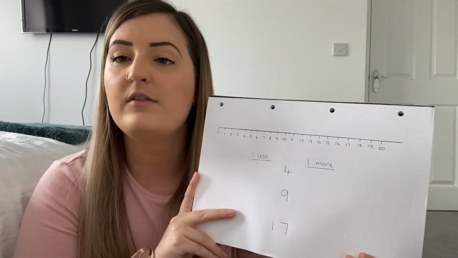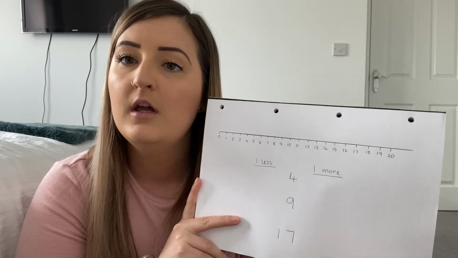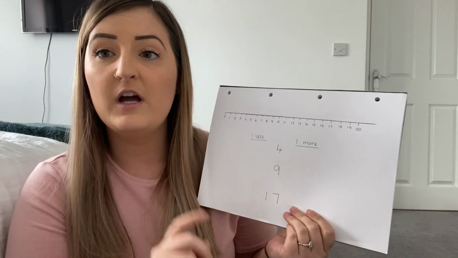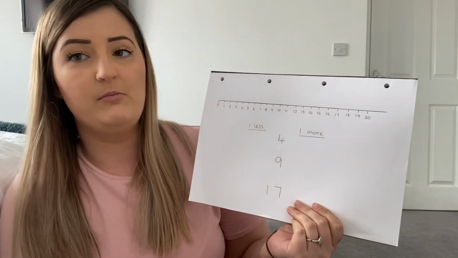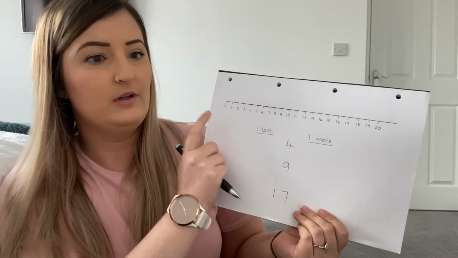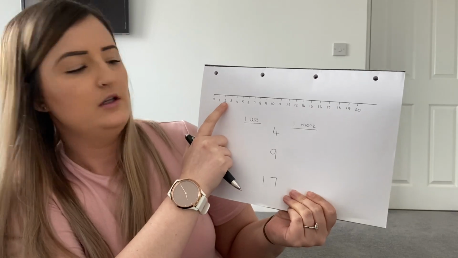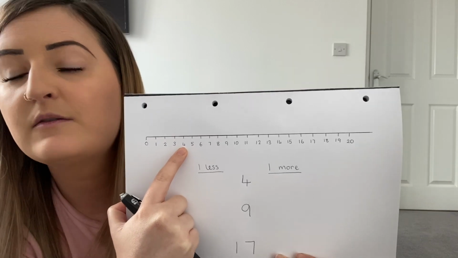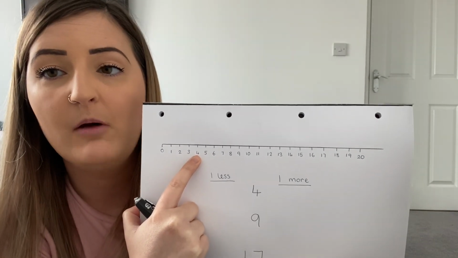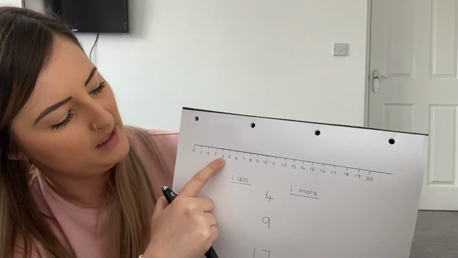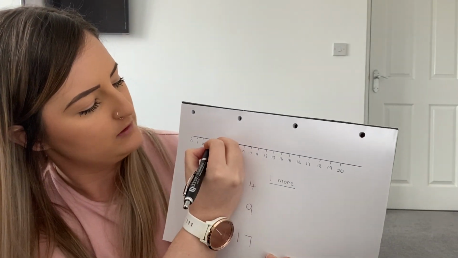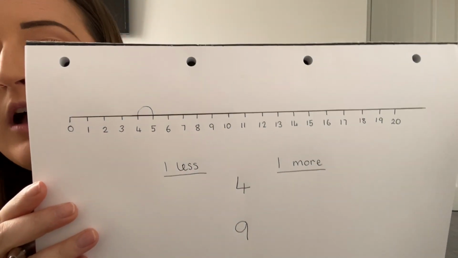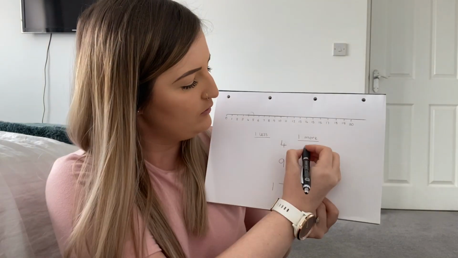To start with, I think we'll do one more than 4. So one more means we add 1 and the number gets 1 bigger. So the first thing you need to do is find number 4 on your number line. If you don't know what number 4 looks like, you can count along. 0, 1, 2, 3, 4. Here is my number 4 on my number line. Now to find one more, I need to do 1 jump forwards because my number is getting bigger. So if I do 1 jump forwards from number 4, can you see which number I end up on? Which number do I end up on? You're right, number 5. So 1 more than 4 is